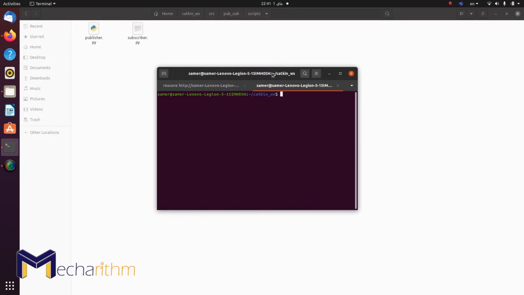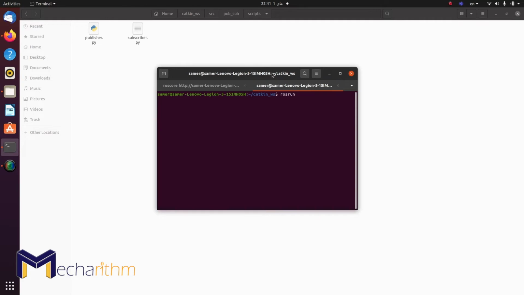What I need to do now is run my Python file here, or in this instance it's not just a Python file, it's a node, and there's a difference between the two because running a Python file is pretty standard, but here I'm running the Python file as a ROS node, so it has some specific instructions in order to do that. So I'm going to type rosrun,